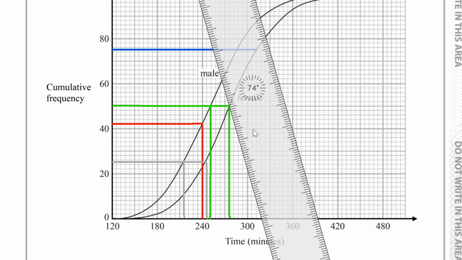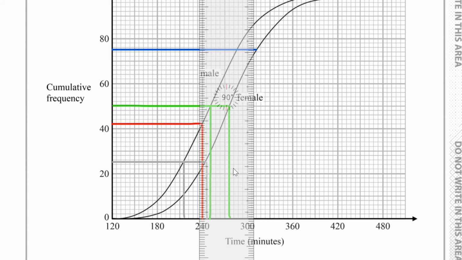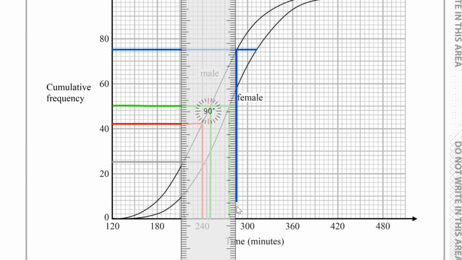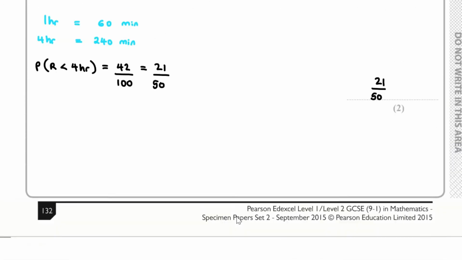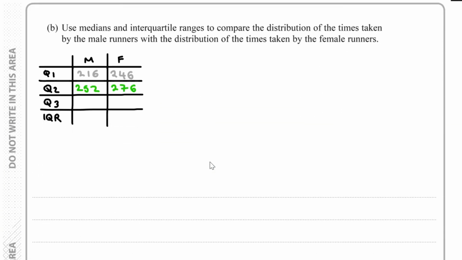For males, we've got this value here, which is, well, here we've got 270. So halfway between 270 and 300, that's 285. So here we've got 285 for male upper quartile,